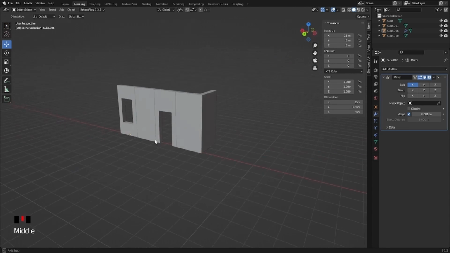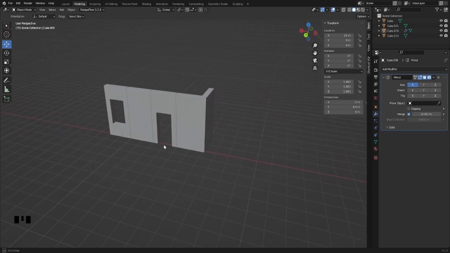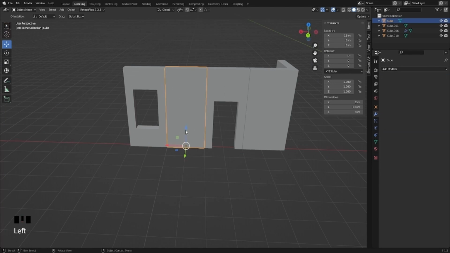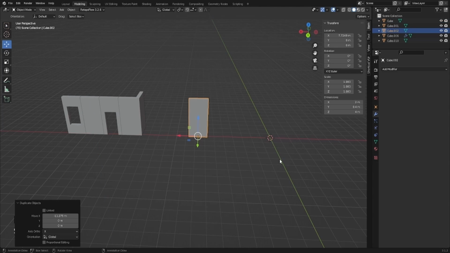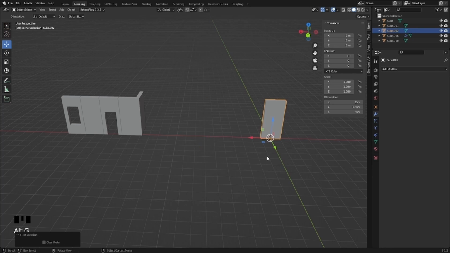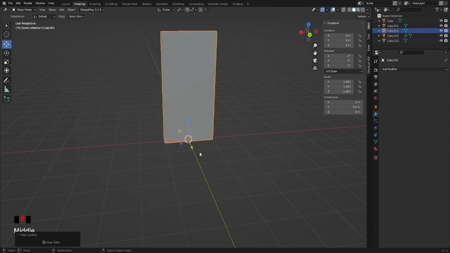So with that then, I think the next logical step would probably be, actually we'll make a double one now. Let's just do it. I'll select this and Shift D to duplicate it. I'm just going to drag it to the side and press Alt G and snap that to the center. Now, because we want to make this one a double,